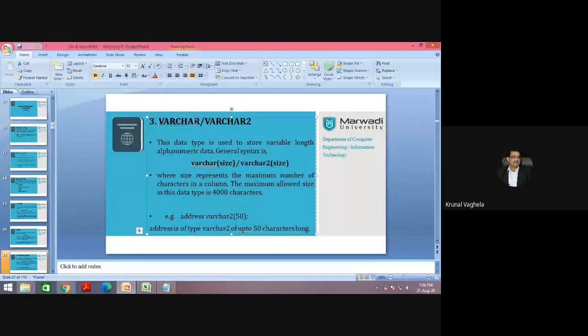Next is varchar or varchar2. Generally we use varchar2, though you can use varchar also. This data type is used to store variable-length alphanumeric data.